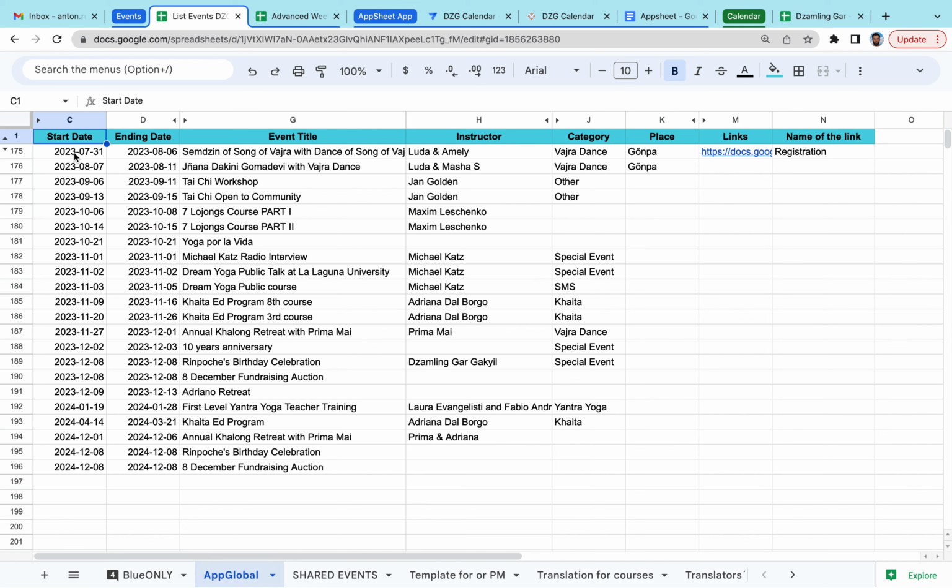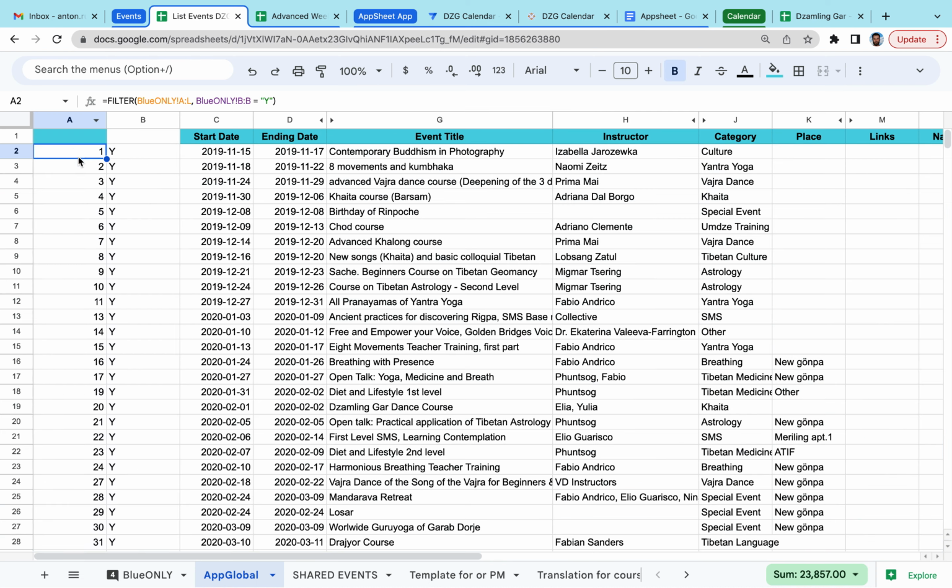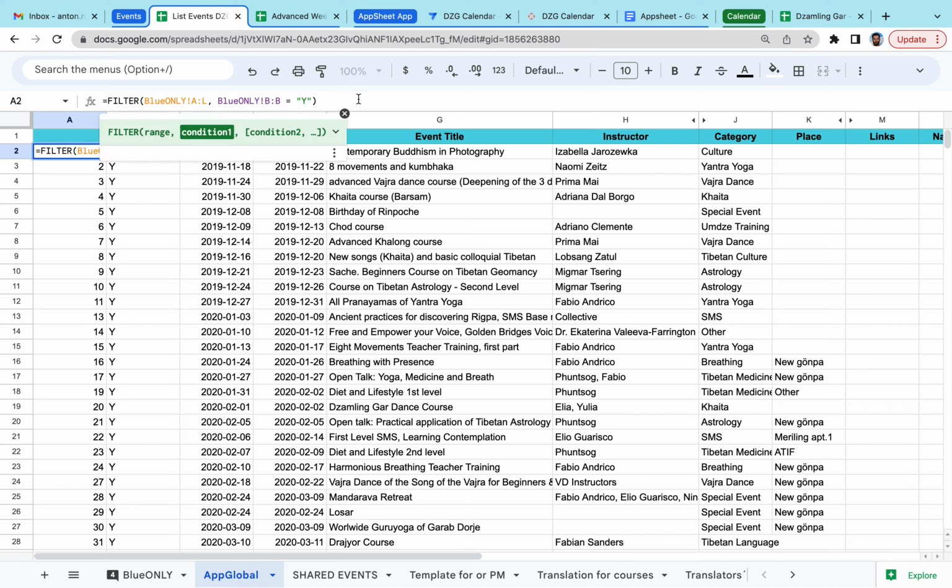app global. So you can see here that there is some formula that we added, and according to this formula, if you open all the things that are hidden here, you can see that there is some condition, and this condition is related to this yes mark.